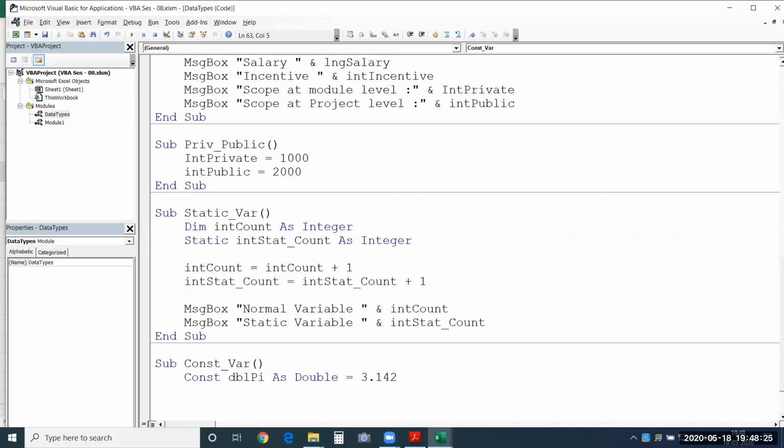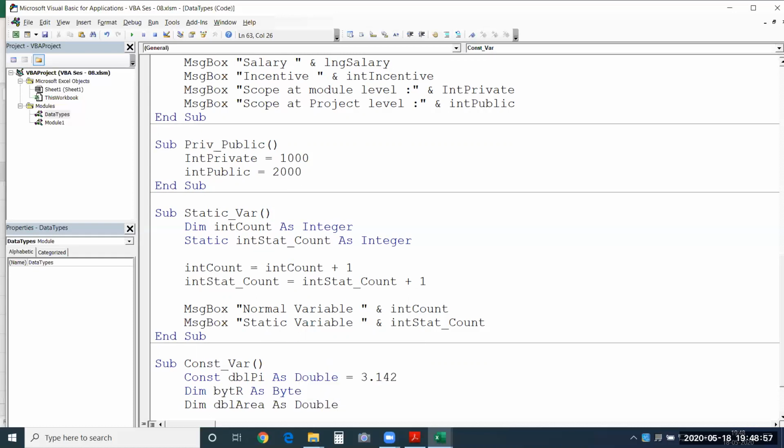Now let's say I'm using another variable, dim r as byte. And I want to store the area, so dim. Here again, I need a decimal value. I'll use double, area as double again.